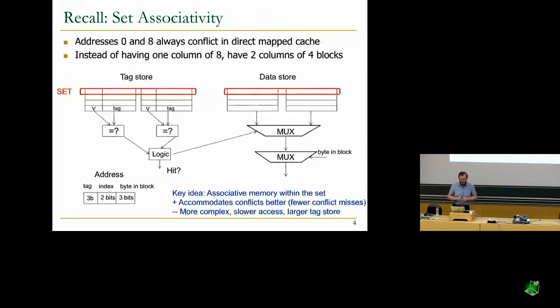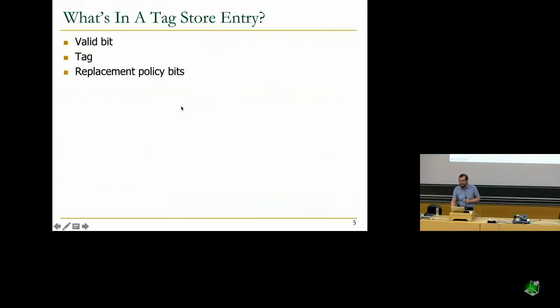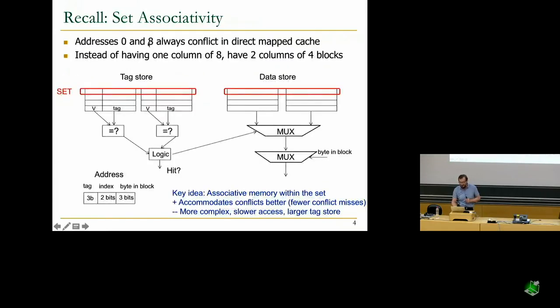Okay, so let's talk about what's in a tag store entry. Clearly, I showed you two things over here, a valid bit and a tag. These are the minimum that you need. But you need something else we've discussed last time: your replacement policy. For example, if you have address A and B occupying way 0 and way 1, and you need to fetch C into the cache, which one do you evict? You need to consult your replacement policy to do that, and that may require some bits,